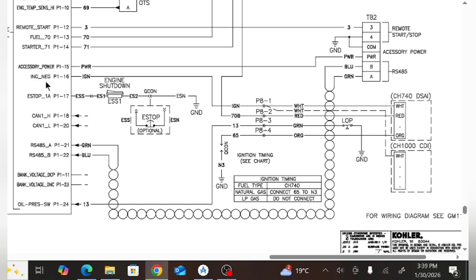Okay, as you can see here, ignition negative, P1 connector pin number 16 in IGN. If you follow this wire, it comes here and then to the IGN P8 connector. This is our P8 connector. The P8 connector has 4 pins. IGN comes in and then out from P8 pin number 1, and then going to the DSI and CDI. This is our CDI unit. The white wire is from the IGN. The white wire is coming and ends here in a CH740 DSI, and the red, as you can see, this red wire is